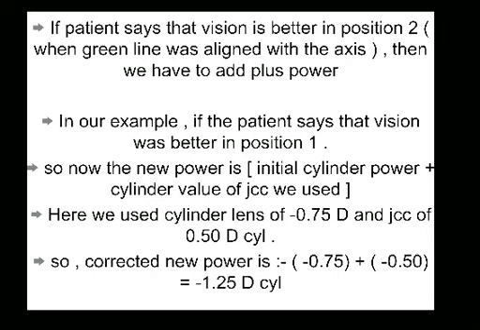The final power, or the new power, is the initial cylinder power we used plus the cylinder value of the Jackson cross cylinder we used. We know that there are several powers of JCC available: 0, plus minus 0.25, plus minus 0.5, plus minus 1. So here suppose we use a JCC of 0.50 diameter cylinder, and we used the cylinder length minus 0.75 diameter. So the corrected new power will be the algebraic sum of these two powers,